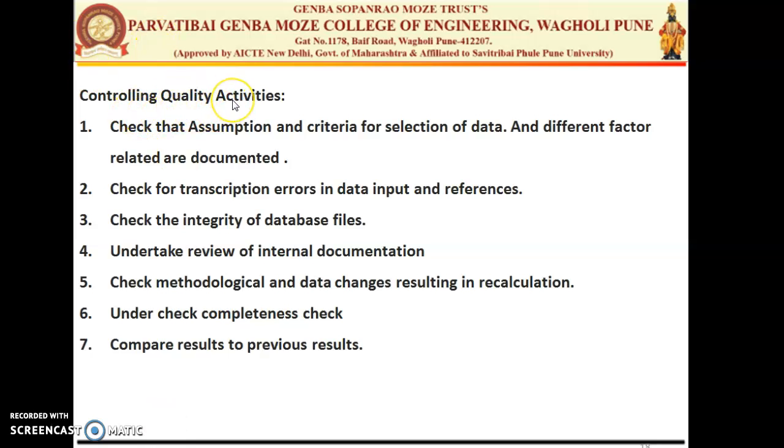controlling the quality. The activities are listed here, such as: check that the assumptions and the criteria for the selection of the data and the differing factors related to the data are documented. So we need to document the data and the criteria for selection of that data. The second is to check for transcription errors in the data input and the references. Then we need to check the integrity of the database files. Then consistency checks for the data. Then the movement of inventory data among processing steps needs to be correct. Then we check the unnecessary files and